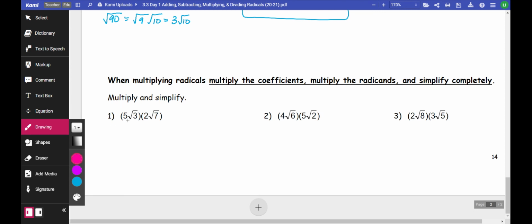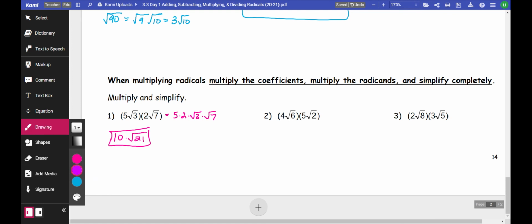I have 5 root 3 times 2 root 7. We can think of this as 5 times 2 times the square root of 3 times the square root of 7. Multiply my coefficients, I get 10. Multiply my radicands, I get the square root of 21. 21 does not simplify any further. There's our answer. In number 2,